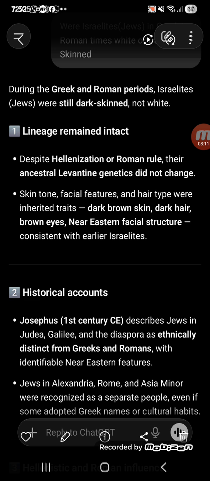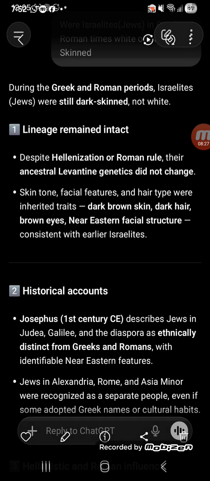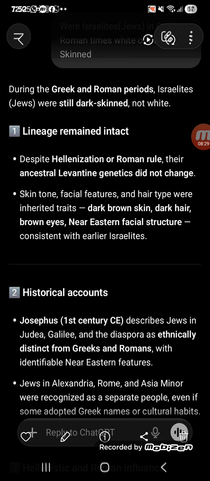It says historical accounts such as Josephus, first century CE, describe Jews in Judah, Galilee, and the diaspora as ethnically distinct from Greek and Roman, with identifiable Near Eastern features. Jews in Alexandria, Rome, and Asia Minor were recognized as a separate